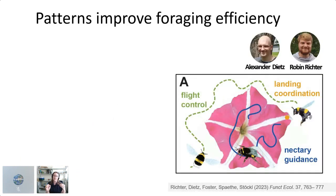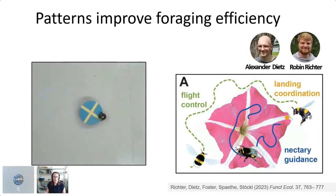And so we looked at this in bumblebees, and this is mainly work by two students, Alexander Dietz and Robin Richter, who filmed bumblebees in a flight arena, not too different from the ones you've already seen, in their approach, as you saw, as they're interacting on the flower and as they're departing. And we essentially split the entire investigation of this interaction of the bumblebees with the flowers into three parts: the